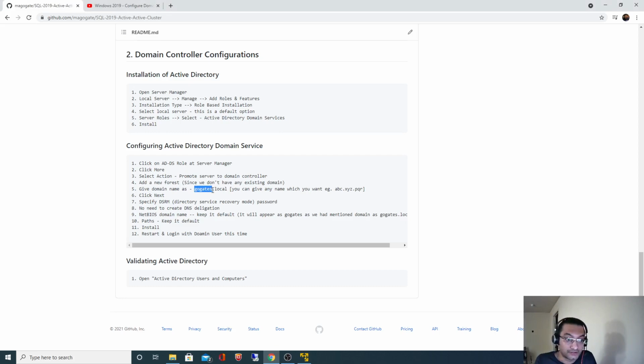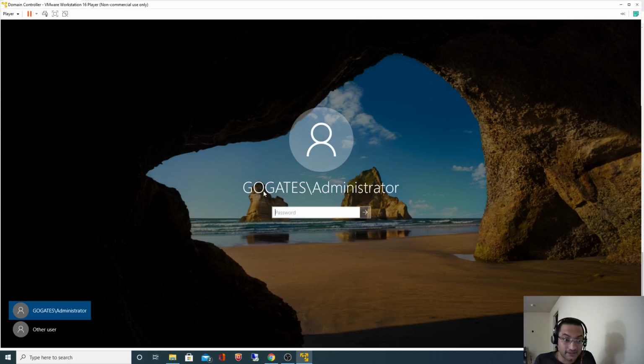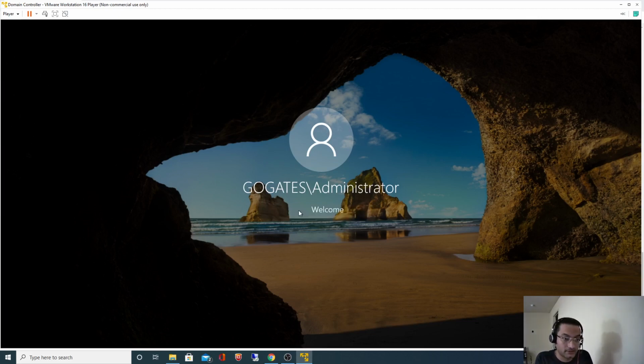As we configured goktes.local, this was our domain, and now this administrator is part of our domain. So we are logging in as a domain user, not the local user. So Goktes slash administrator is a domain user, with the password PASS password #123.